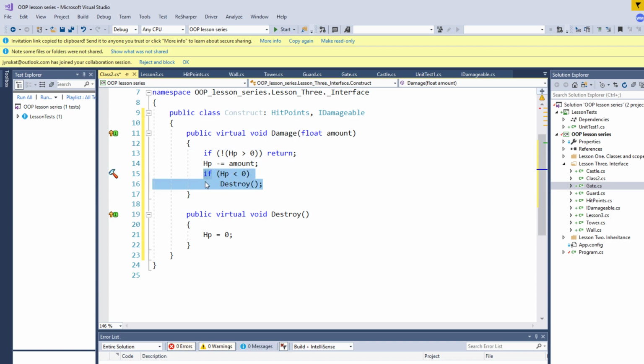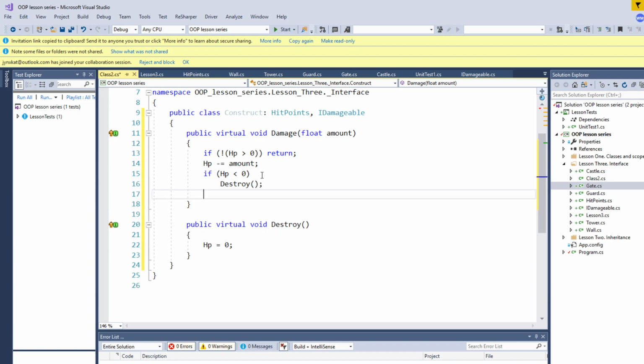Now if HP is less than 0, destroy. Else if HP is less than half of initial,